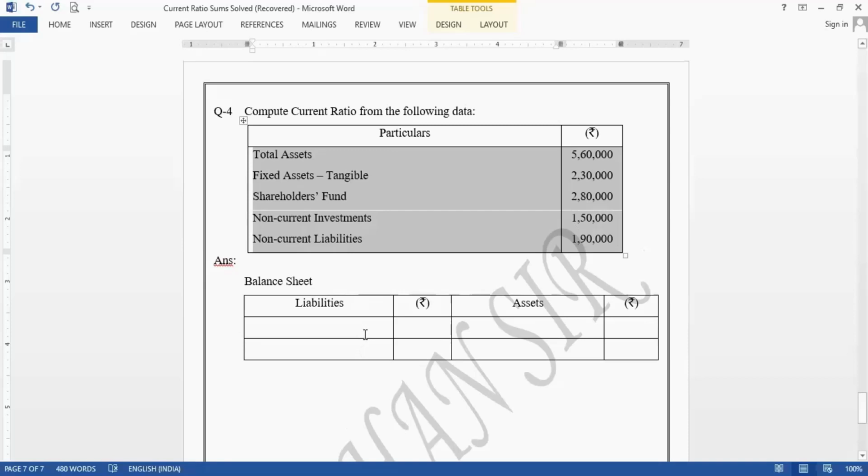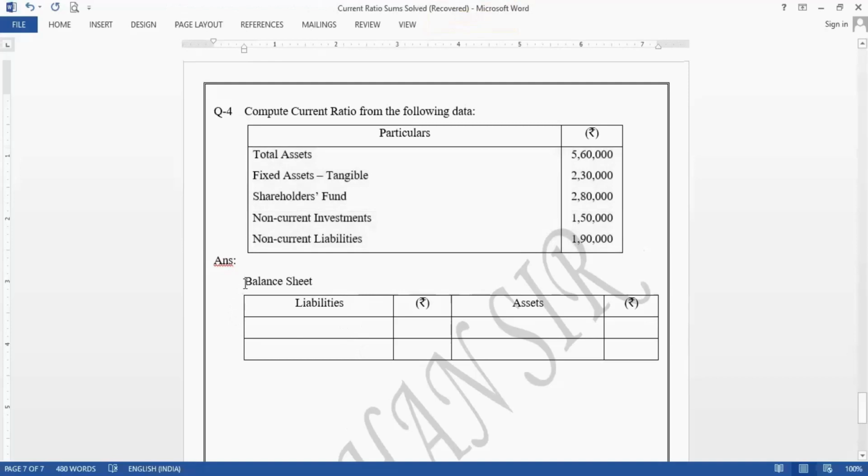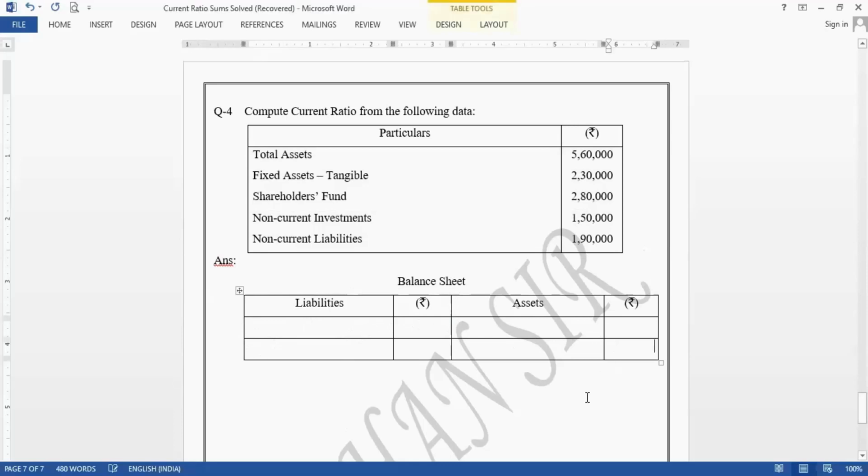To calculate the current assets and the current liabilities, you can see that I have prepared a balance sheet in T shape. This is just for the working. It is not at all acceptable by the Companies Act now. So let us place the values in the balance sheet on the respective side for assets and liabilities. Total assets is 5,60,000. So if the total asset is 5,60,000, the total of liabilities will also be 5,60,000.